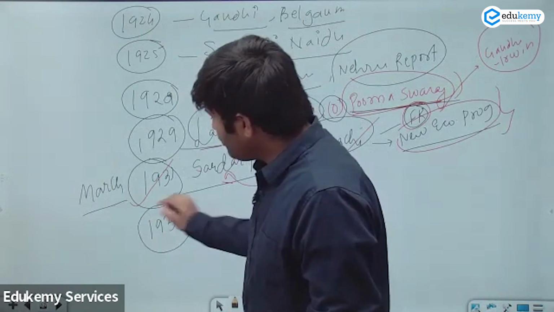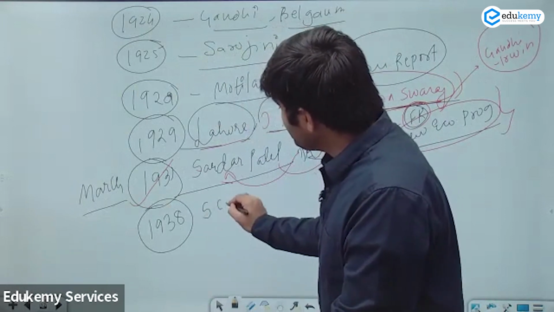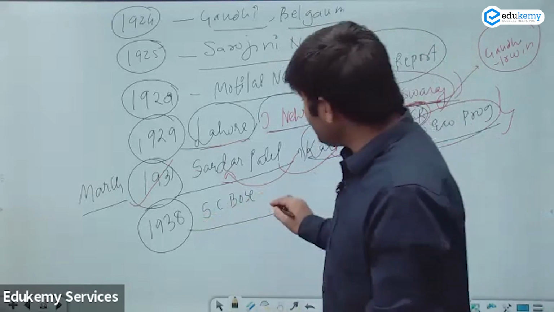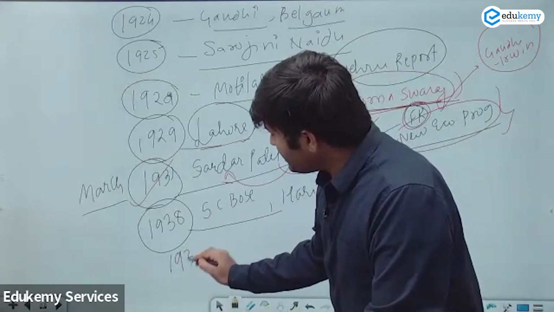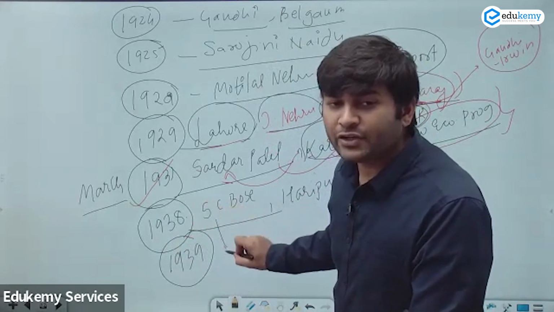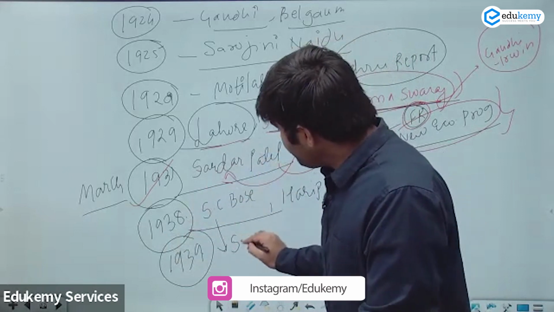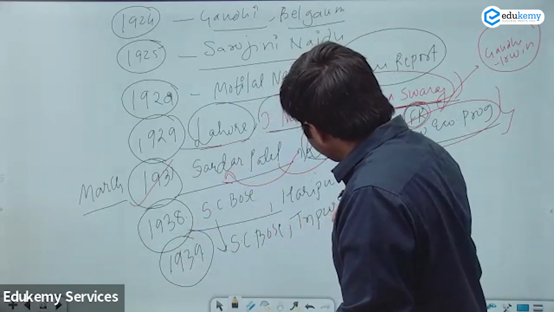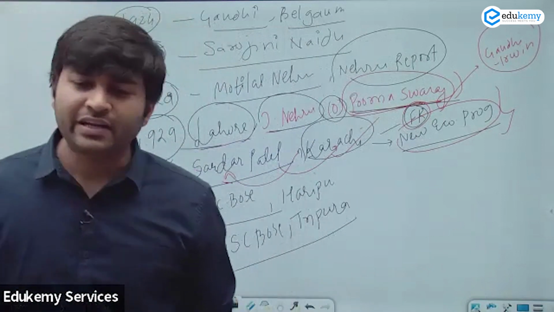1938, which is very important, where Subhash Chandra Bose was the president of the Indian National Congress. Haripur, yes, Haripur. And even in 1939, Subhash Chandra Bose was earlier president, but he resigned due to some differences. Then he formed the Forward Bloc in the Tripuri session. In the Tripuri session, he resigned. So these are some of the important Indian National Congress sessions.